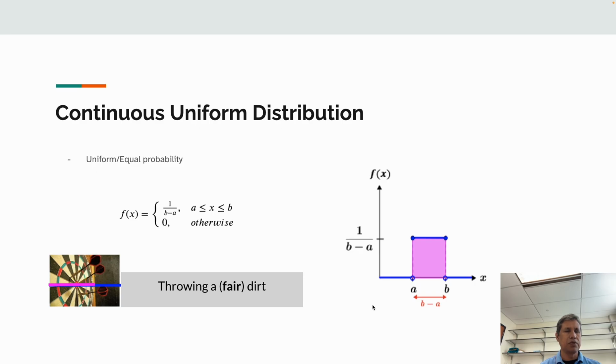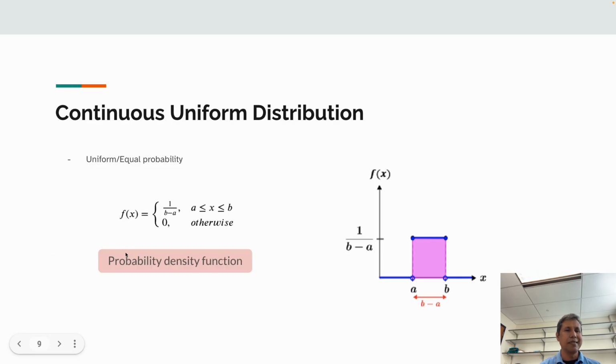One example in the two-dimensional domain is throwing a dart, but you can think of it as wanting to sample any point in between a and b, and the probability will be 1 divided by b minus a. Actually, this is not the probability, it is what we call a function value. This function we call the probability density function, but if you want to estimate the probability, then you have to multiply this function, 1 divided by b minus a, with a delta,